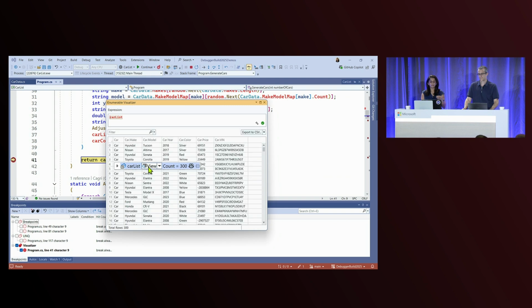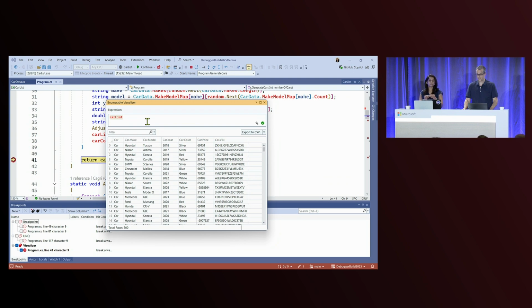When you do that, it will bring up a grid-like view here, where you can see all of your data nicely in table format. So it's easy to go through the data and find any inconsistency. For example, I can right away see I have this weird-looking car price here, which is negative and has a very long value. I only have 300 rows here, but imagine if you have a larger data set and you want to filter out some inconsistent data, you can do that using LINQ queries. You can write your own LINQ queries in this text box, and your data will be filtered.